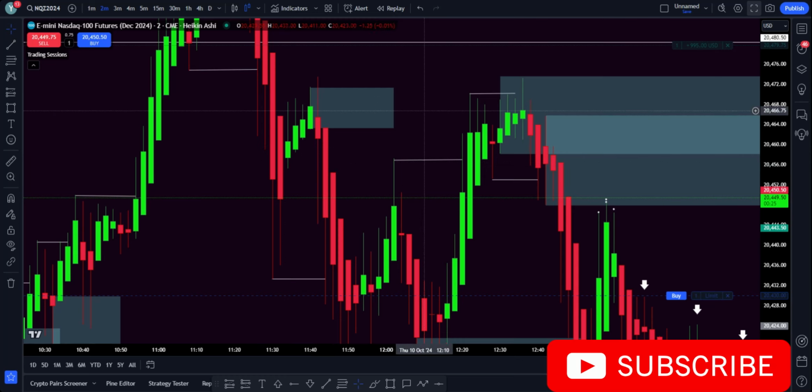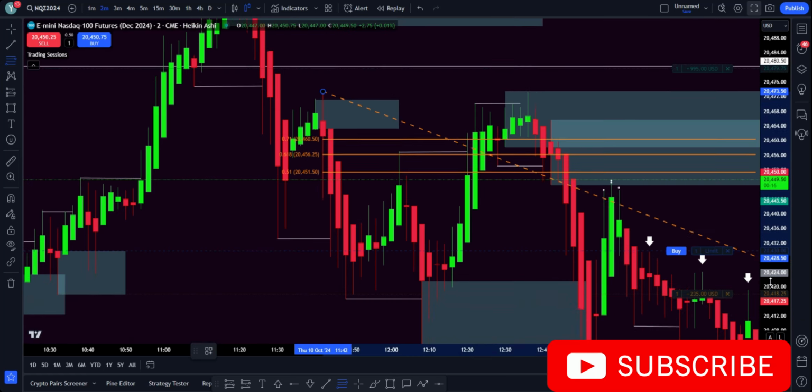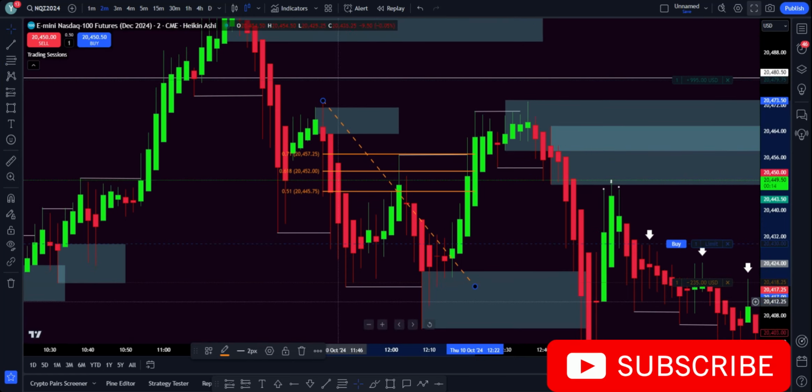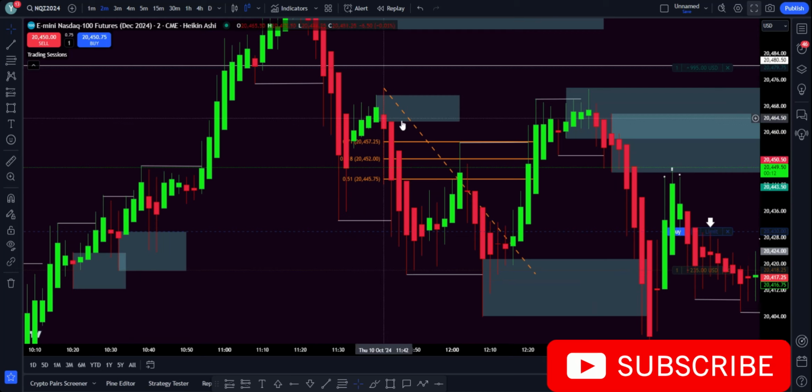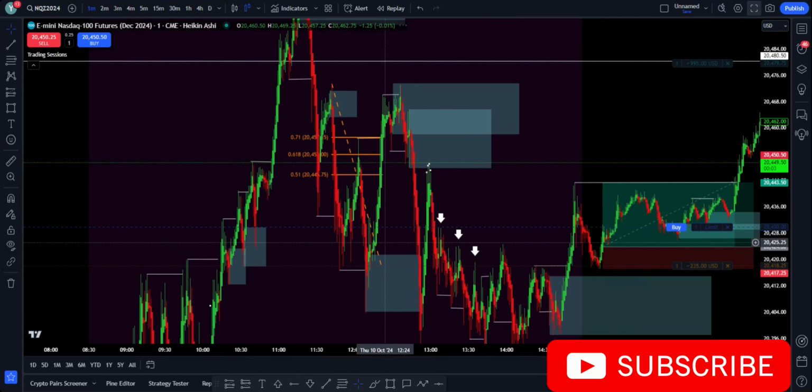Most of the time, I usually draw them at just the last candle. But as you see, we don't get a full retracement. But what we can do is go ahead and use that 50% retracement. You always want to draw your order block and use a retracement as well, just in case. So we had to get up to 71% retracement, then we push down. So if we go back to the 1 minute,